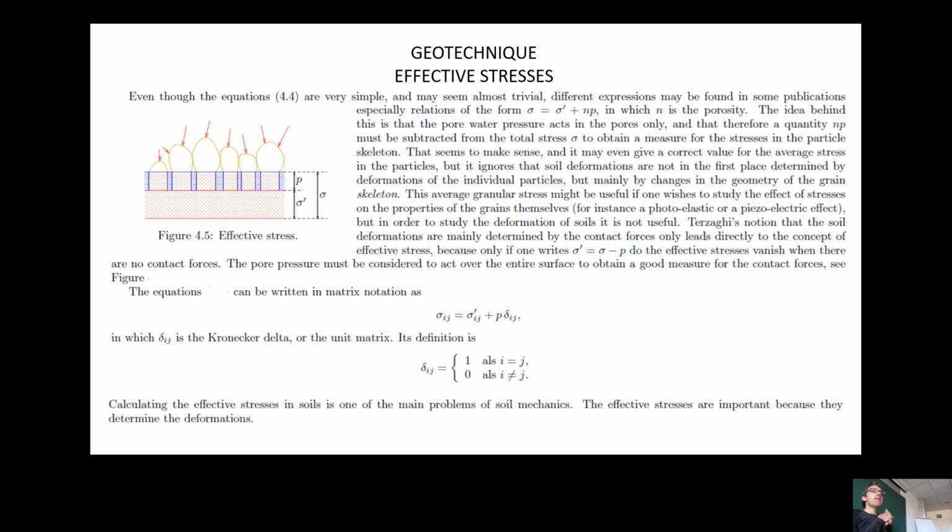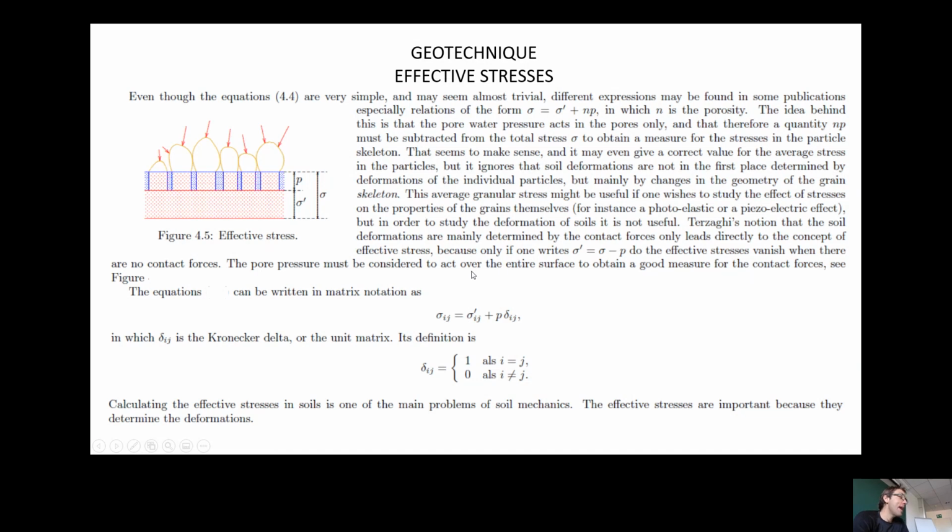As the book here says, it makes sense, and it can also be correct, but it ignores that soil deformations are not in the first place determined by the deformation of the individual particles. So we are not interested in all the pressure that is multiplied by n, but mainly in the changes in the geometry of the grains. So what we want to say here is that we are interested more in an average stress than the real stress that is acting in the pore. For this reason, the Terzaghi notion is that soil deformations are mainly determined by the contact force only, that, as we said, we can write this